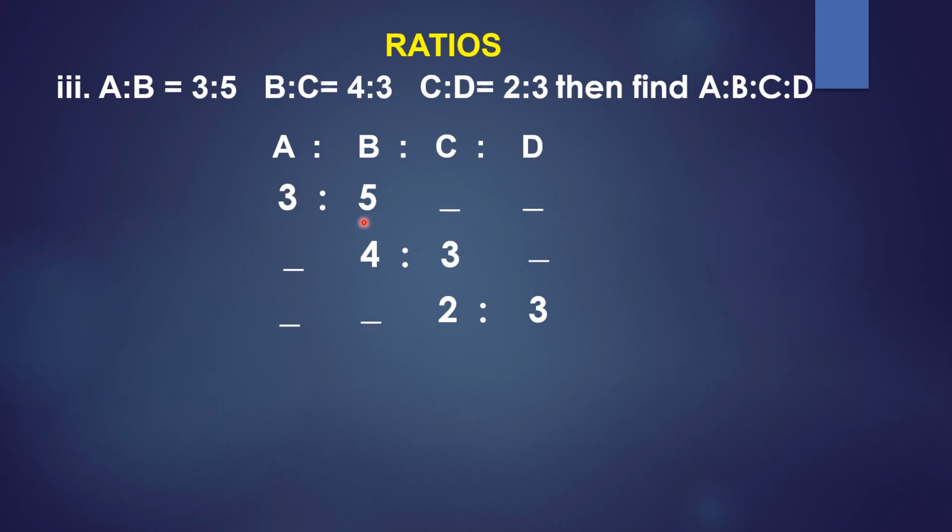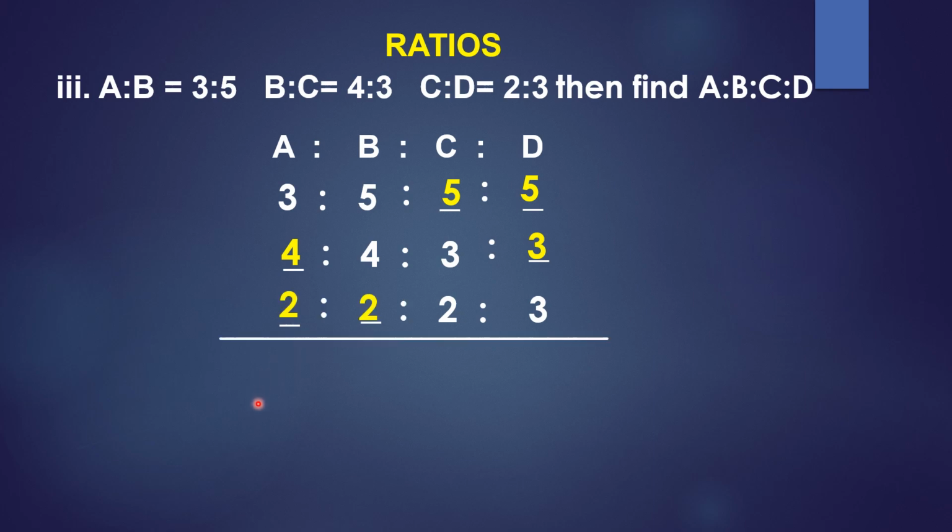What we are doing now here: under B, A is to B, if you see 5 is there, so repeat 5 here. Now before 4, repeat the same number, 4. After 3, vacant space, so write 3. Now before 2, there are 2 dashes, empty spaces, so 2, 2 we are writing.